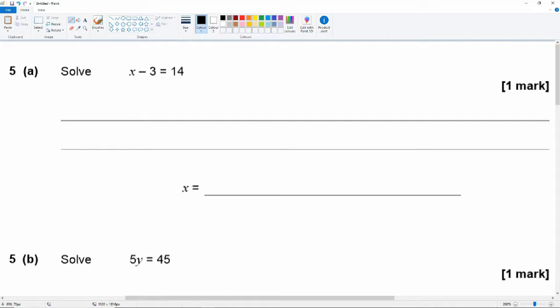Okay, so it's just straightforward algebra. All we have to do is remember that whatever we do to one side of an equation, we have to do to the other side of the equation to keep it balanced. So if we have x minus 3 equals 14,